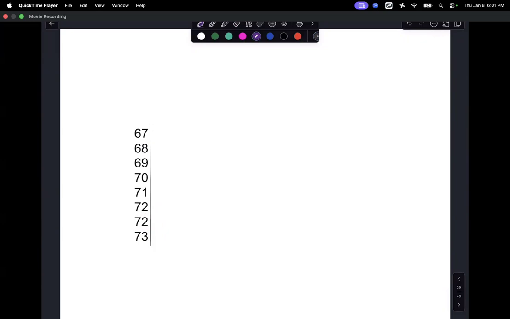So the way that I'm going to set this up is the first one is 670, and then I'm going to have the data values coming after it. So I have a 672, then I have a 678, and that is all in the 670s. I don't have any 680s, so that's just going to stay blank. Then I have a 695, and I've got another one. I actually have three 695s. Yes, you list every single one, and you list them in order from smallest to largest. I have a 696,